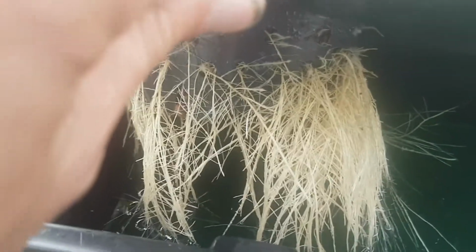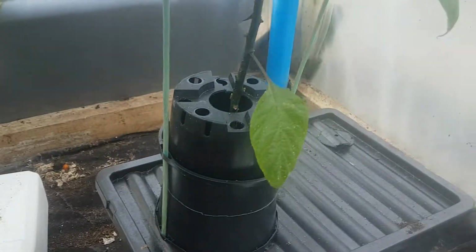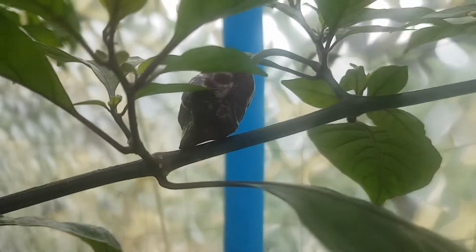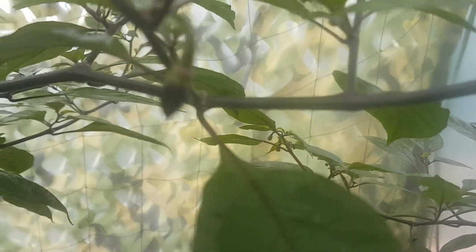There's the root system, as you can see. Looks very similar to a deep water culture, which is pretty related to, really. And there's another one side by side. It's an experiment of pH to check what the different pH levels will do to nutrient uptake. And as you can see, there's a little pod hiding back there and a few others on there, so